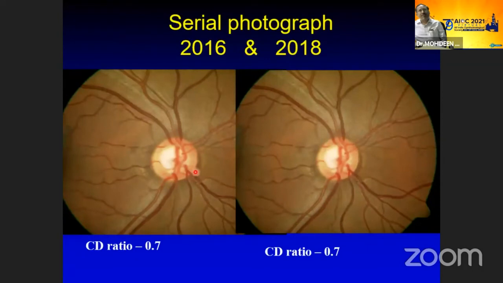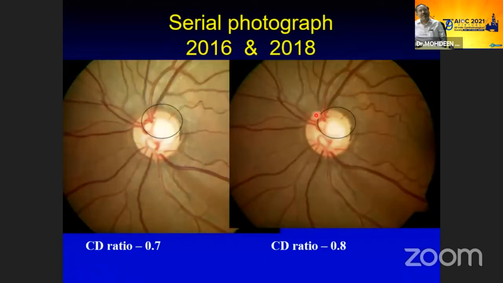This is a serial photograph taken for this patient's right eye, in 2006 and 2018. This seems to be a glaucoma suspect. There is baring of circumlinear vessels and nerve fiber layer defects. Some slit defects are there. I don't see any progression in the right eye of the patient. But in the same patient's left eye, I see some neuroretinal rim loss, especially in the superior part. I'm suspecting progression of glaucoma. The cup has moved from 0.7 to 0.8. So definitely this is a glaucoma.